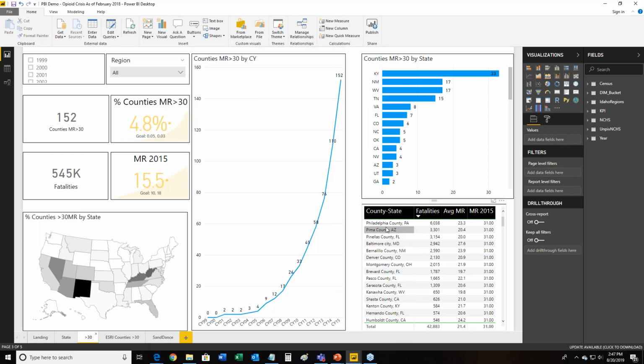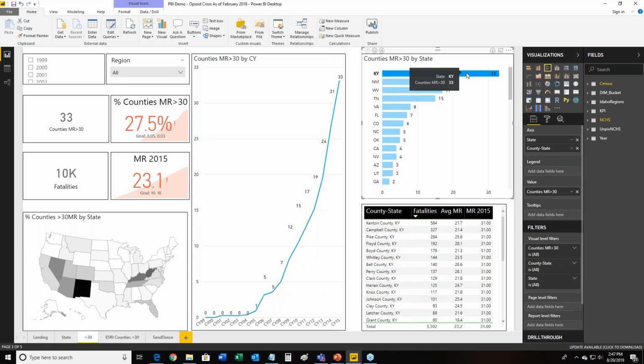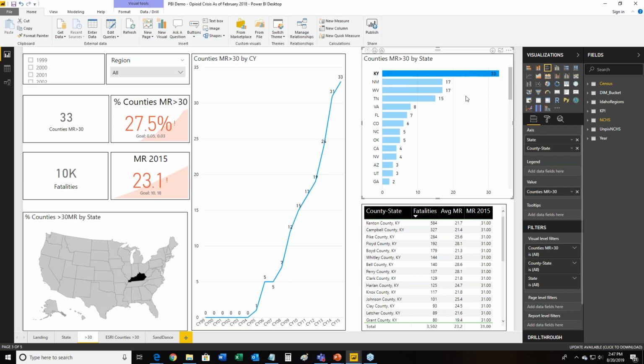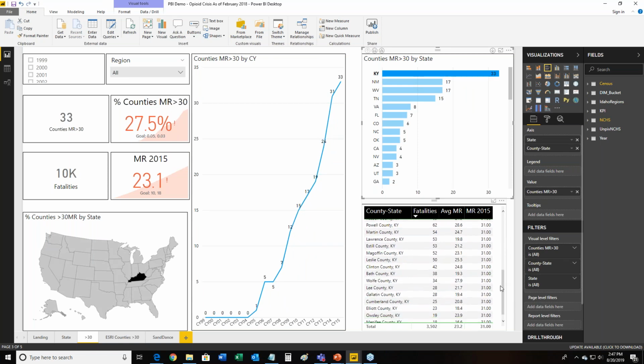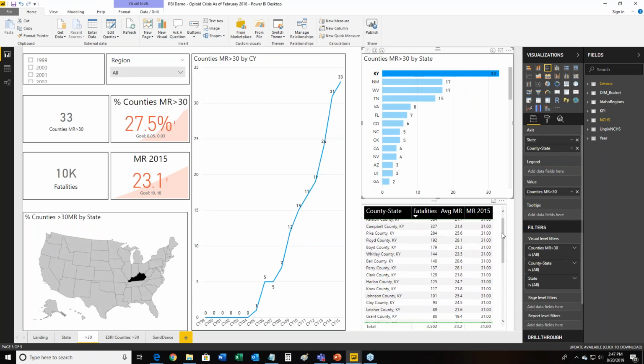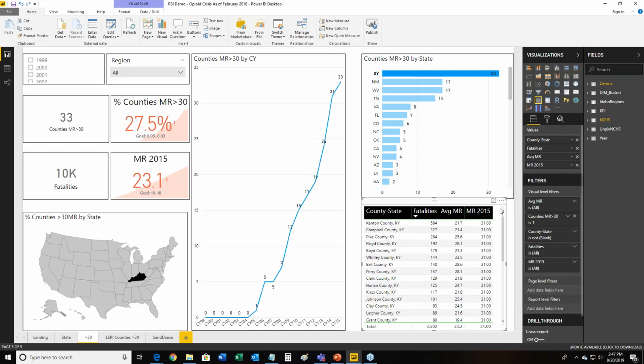Because I might look at this and say, Pennsylvania. Here, if I click on Kentucky, I can see, okay, they don't have the highest in the county, but they have a lot of counties that had fatalities. So again, this data is very helpful for those in healthcare and health policy and legislation.